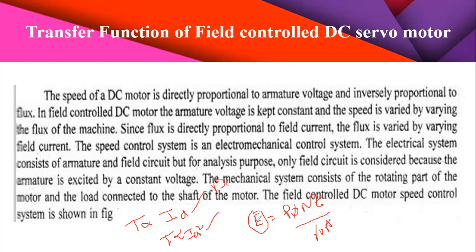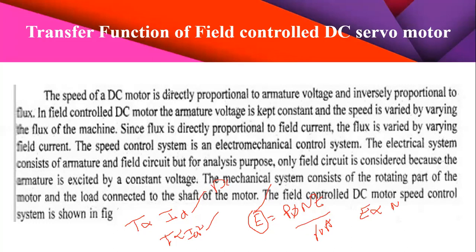Students, what is the representation of E here? Voltage, sir. Right, but that is not voltage. We have to call it the induced EMF on the armature. From this equation, we can say that E is directly proportional to the speed. Based on the induced EMF, we can obtain the speed. So that is the condition.